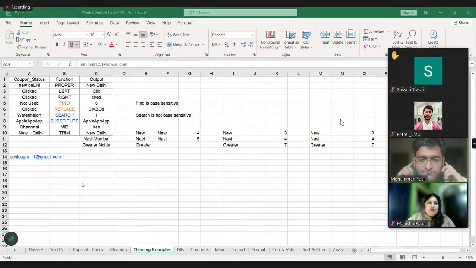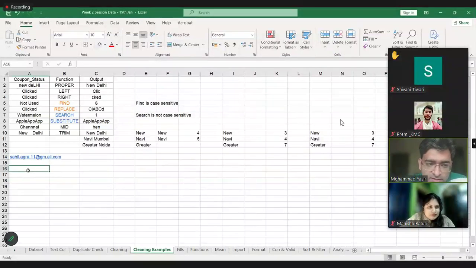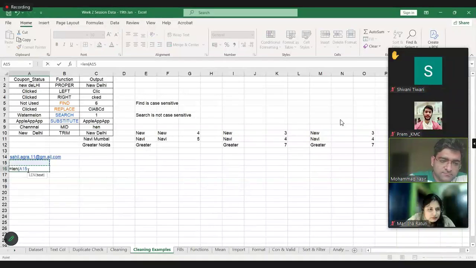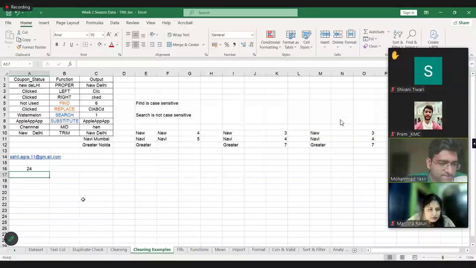Okay. Let me tell you the logic. I have the overall string. I will create another string which will not have decimal places. Okay? So, what is the length of the string? It is 24. What do I need to find? The number of times decimal places exist.